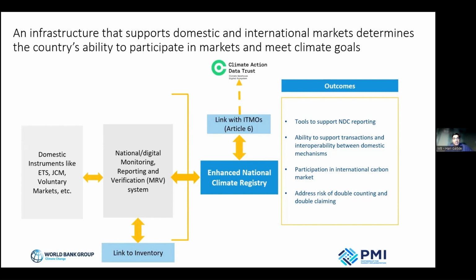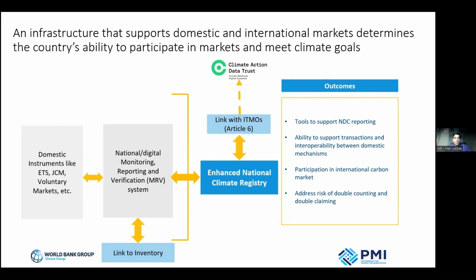So how do we link those registries to the Climate Action Data Trust that the World Bank supported developing under the Climate Warehouse program, and then, of course, also to increase the transparency of the systems, but most importantly, to see what kind of registry infrastructure should be put in place, and what are the different functionalities such a registry can support, depending on the needs of the host country.